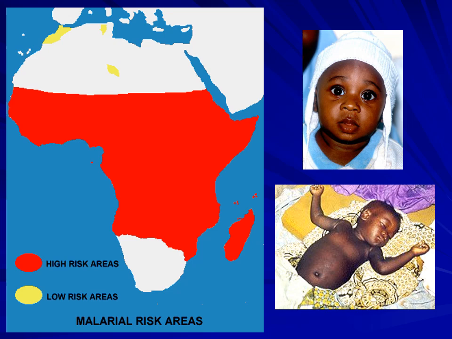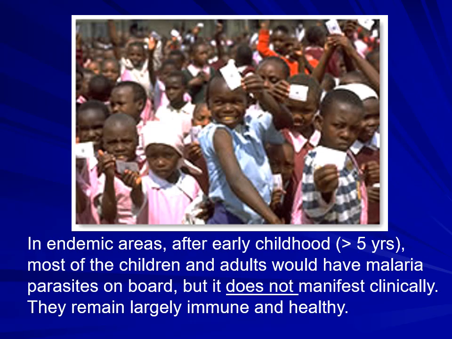Malaria in endemic areas is mainly a disease of children, and it usually causes the death of children before the age of 5. And as you see on this slide, here we see a picture of healthy young African children. And as the comment down there shows, those are healthy and they are partly immune to malaria. They can have it on board. If you look for it, you may be able to find it, but it does not produce clinical disease. This is because they are largely immune to malaria, as they are living in the endemic areas. Similarly, adults will be relatively and largely immune to malaria.